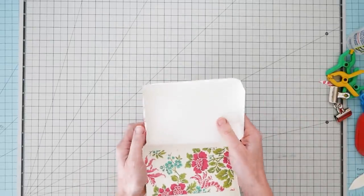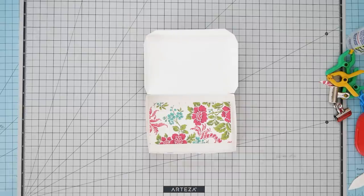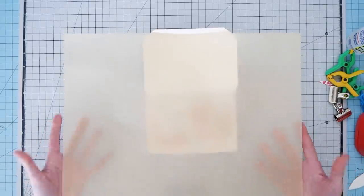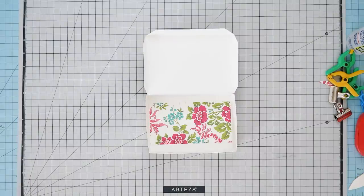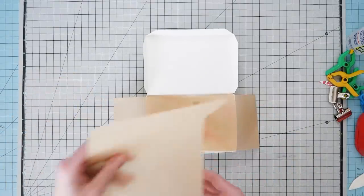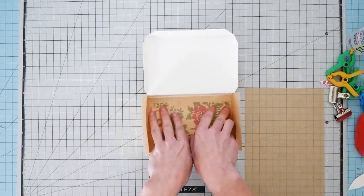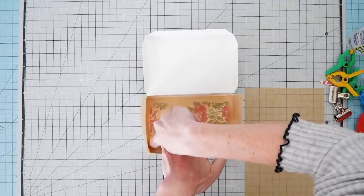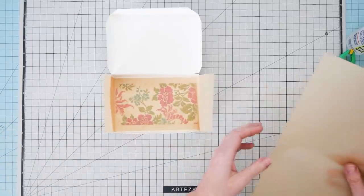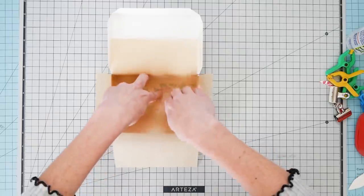Okay, so here is this, but I don't want to just put English toffee in here. So what I do is I keep these around. These are half sheet size unbleached parchment paper. And what I've done is I cut a piece that is the same height, and then I cut a piece that is the same width, like this. And I just kind of place this down in here semi-evenly here, and run a fingernail along the inside edge like so. And then I take the other one and fold it in like this and do the same thing